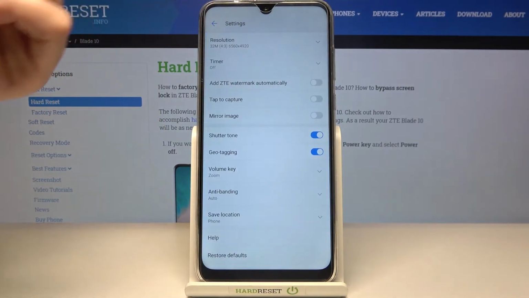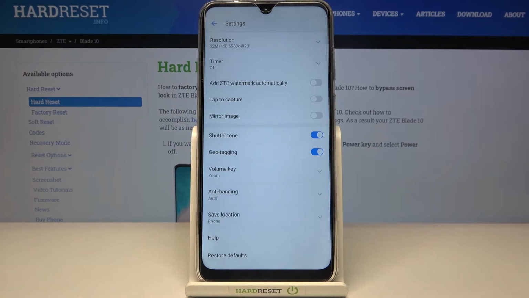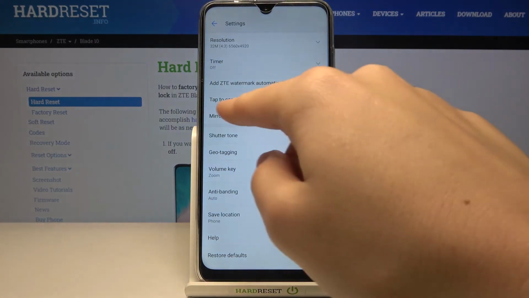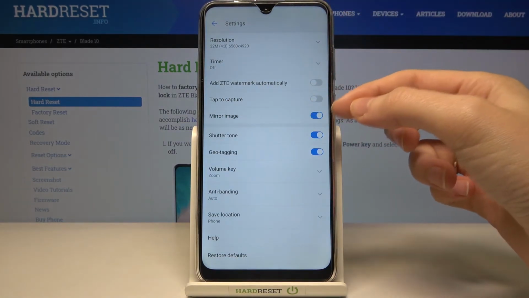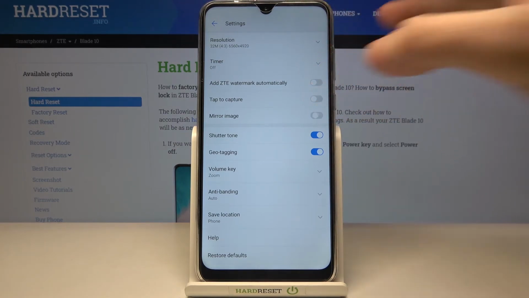When we pick it, we can open the advanced camera settings, and here we have the mirror image option, so by using this button we can turn it on and turn it off like that